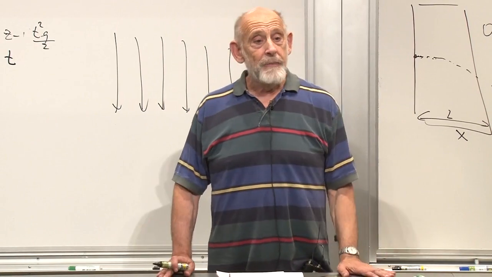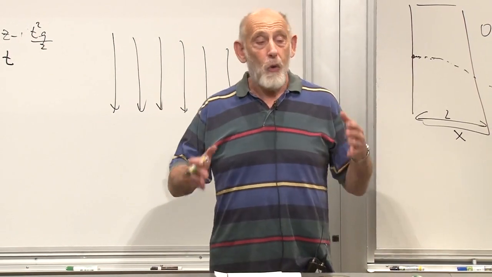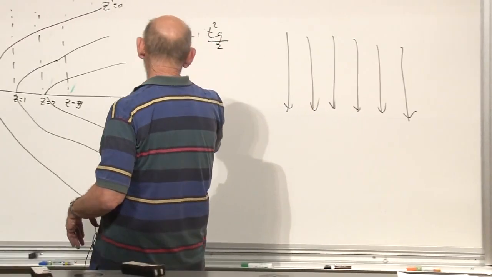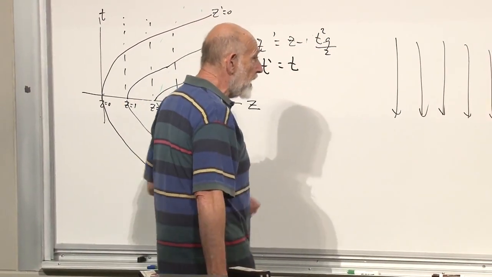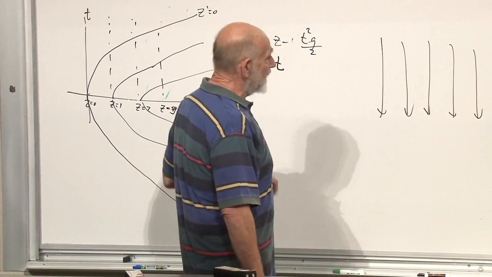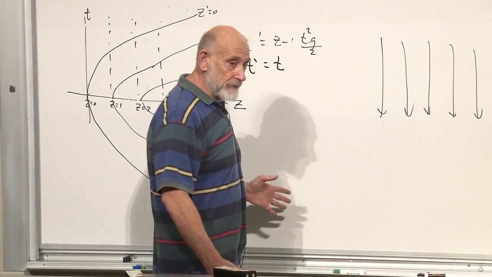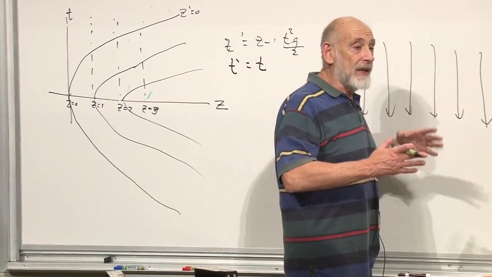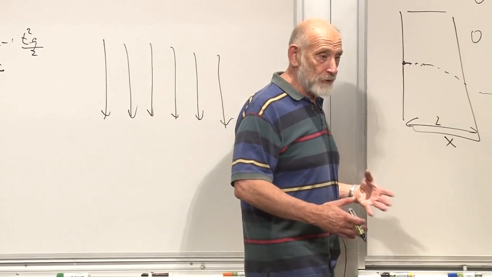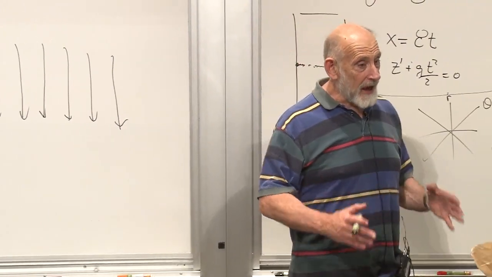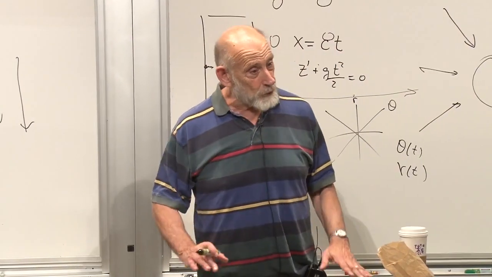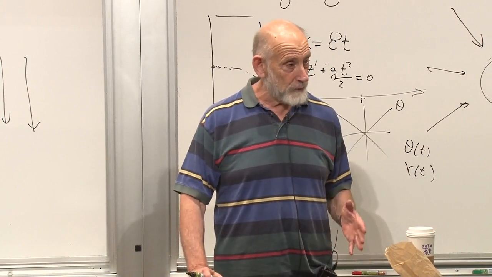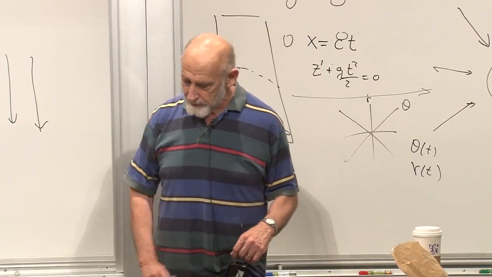So, what do you do? You try all possible coordinate transformations. Coordinate transformations means coordinate transformations of space and time, and rewrite the equations of motion and see if you can find a coordinate transformation that eliminates all of the fictitious forces. If you can, then you say there's no real gravitational field there. If you can't, you say, yes, there was a real gravitational field that could not be eliminated.